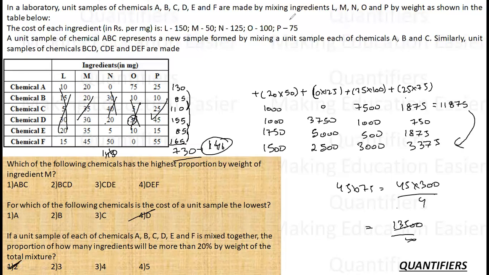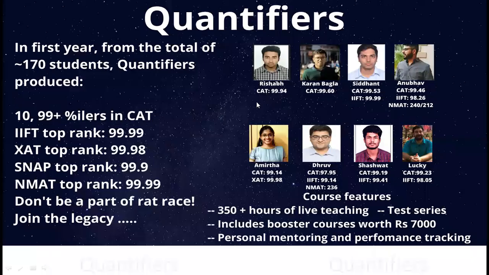So pretty decent and straightforward set when it comes to the level of CAT. You can find one to two such sets in this CAT exam. In fact, we had some straightforward sets. So the optimum time is again, as I told you, 7 to 8 minutes, just a bit of calculations, nothing else.